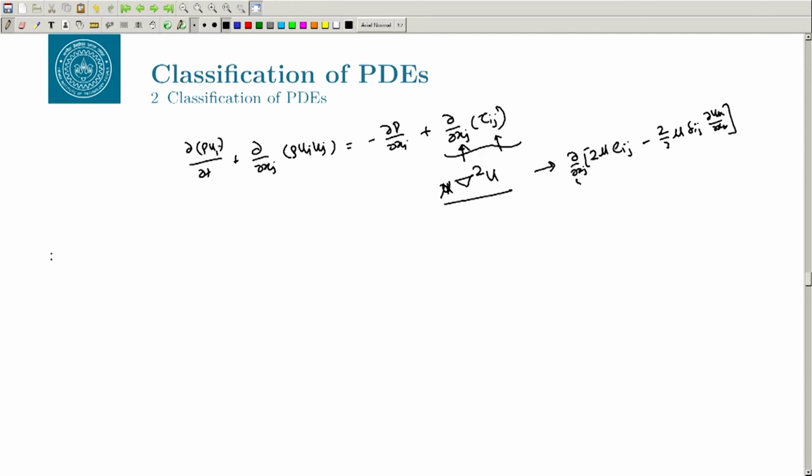So, even in this case you have the double order, which is basically del 2 by del x square or del 2 by del y square or del 2 by del z square, right. So, because of this term our Navier-Stokes equation is a second order